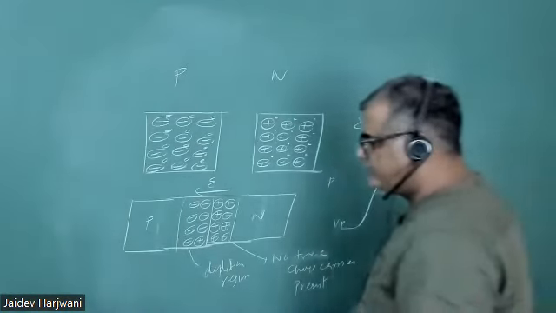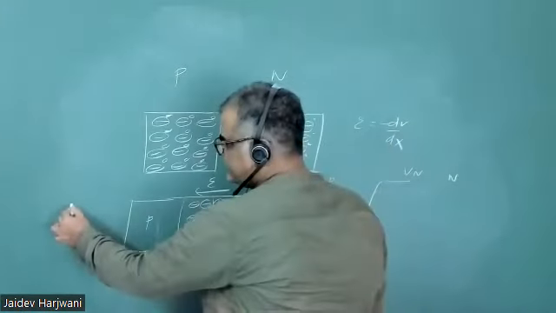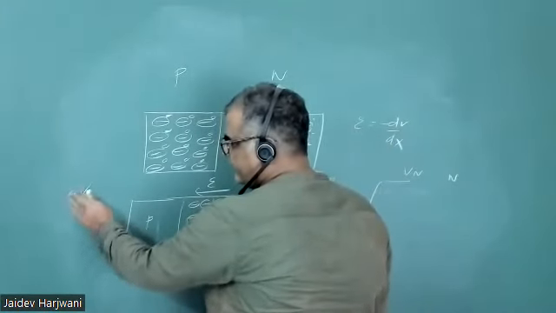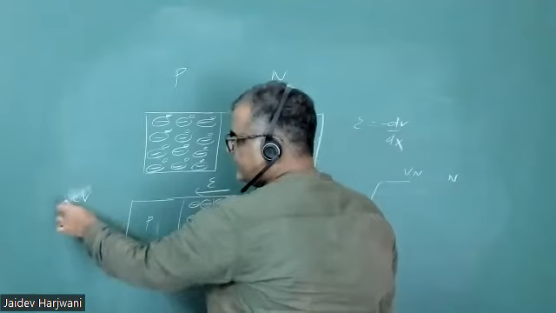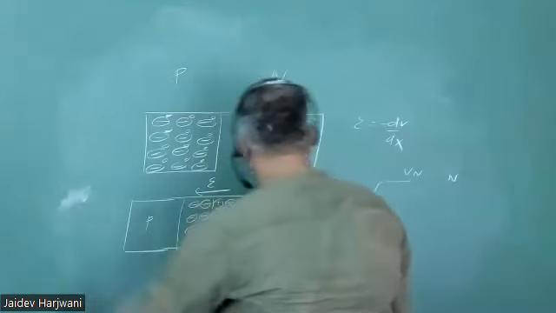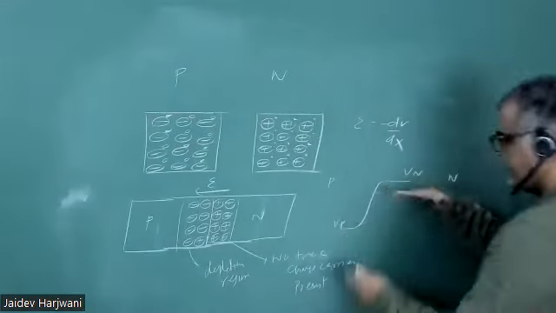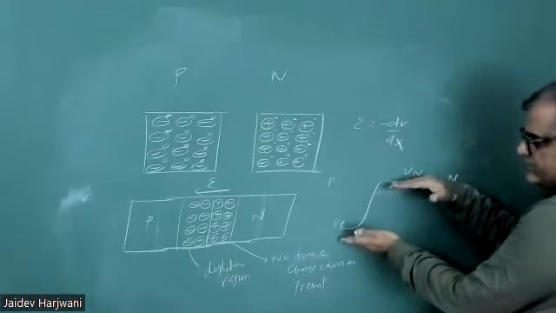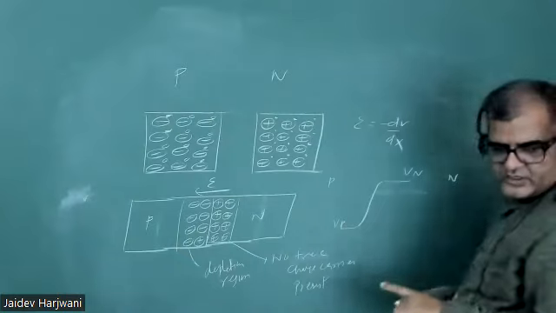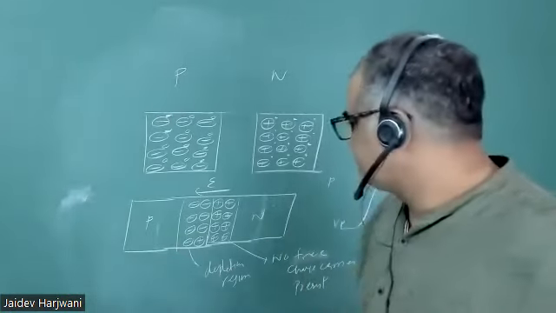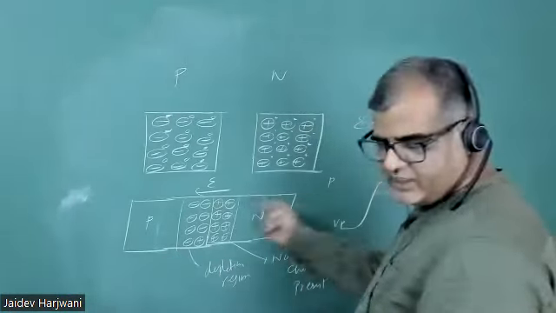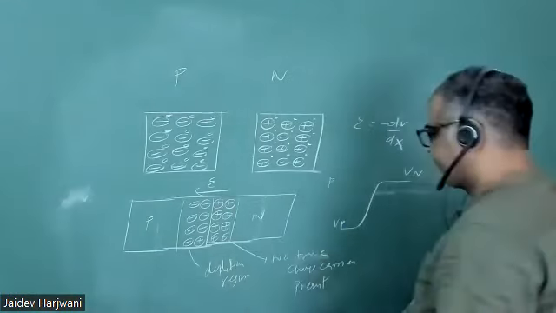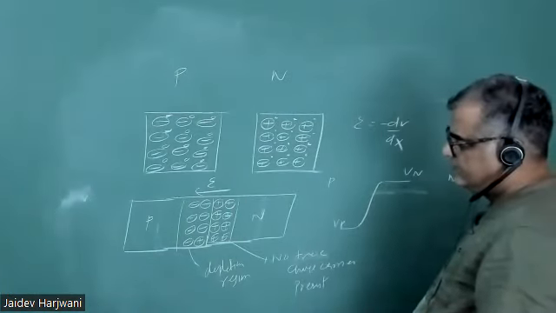Now if I want to say the energy is qVB. If I want to write the electron energy, electron is a minus charge. So if I want to draw the electron energy levels, that will be opposite to this one. So let me first discuss why this diffusion is taking place. ओके। सर इलेक्ट्रिक फील्ड का डायरेक्शन सही है और जो इनबिल्ट तो सही है ना,